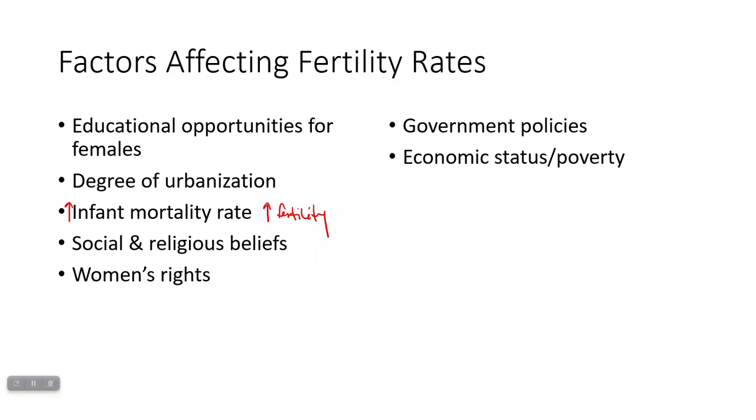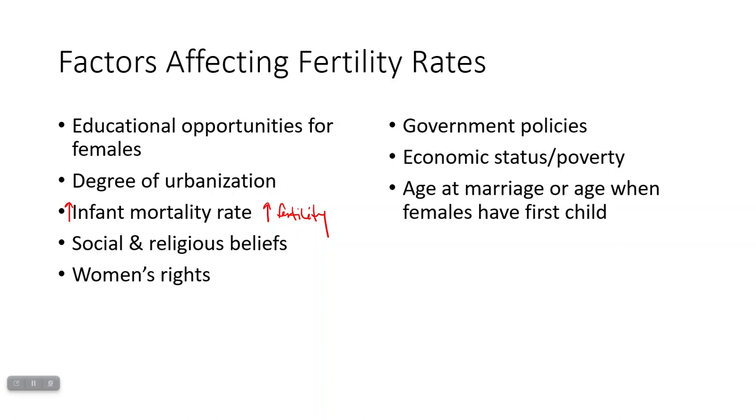People with higher economic status may have access to methods of birth control that would allow them to reduce the number of children they're having, whereas that access to healthcare and methods of birth control may not be available to lower income people in the country. The age at which a woman gets married or has her first child